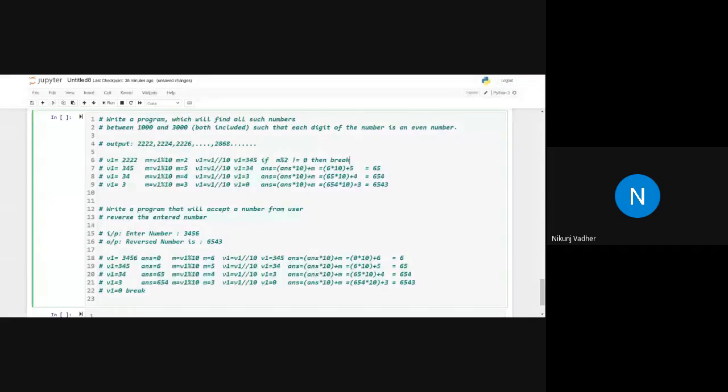Same thing. Here the value of V1 will be 222. In the next iteration, the current value of V1 is 222, and the digit will be 2. Again, the current value of V1 is 2, and the digit will be 2.